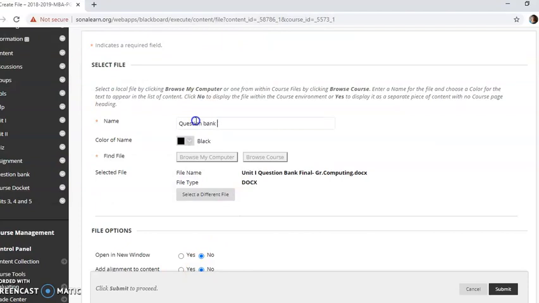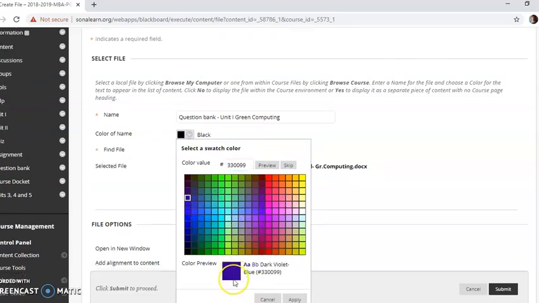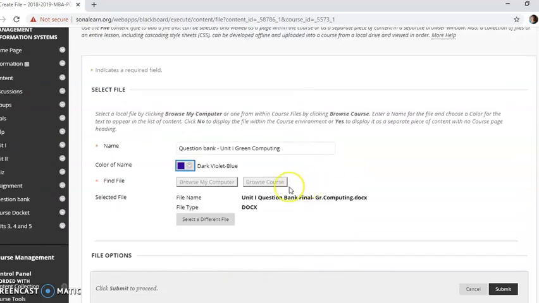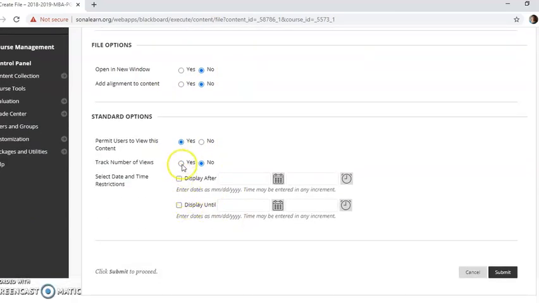So I am giving a file name. Okay, so I am choosing the text color as something. As usual, I don't want it in a new window, so I am giving no, and I want to track this document also.